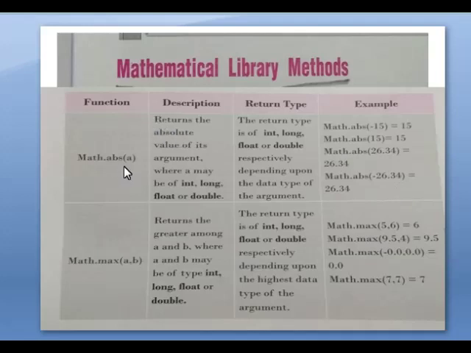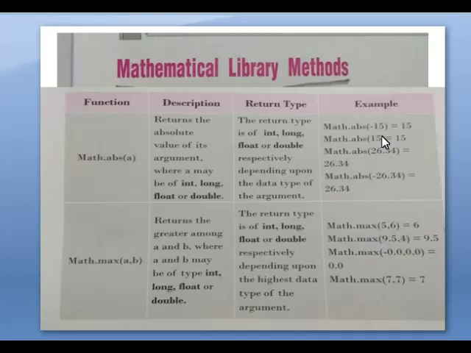You are going to find the absolute value of some values. It returns the absolute value of its argument. Argument means the variable, which may be integer, long, float or double. Here you see some examples. Math.abs of minus 15, the output is 15.